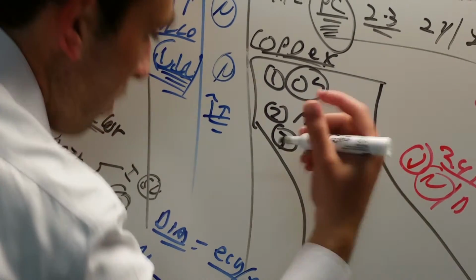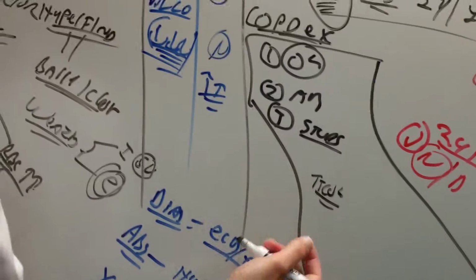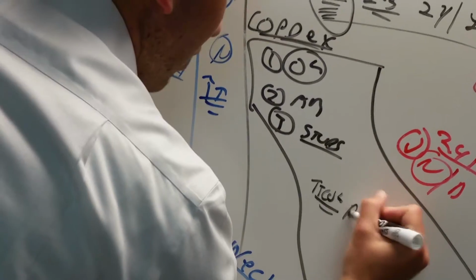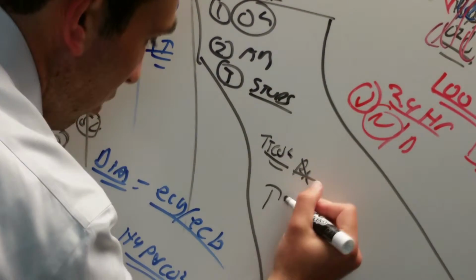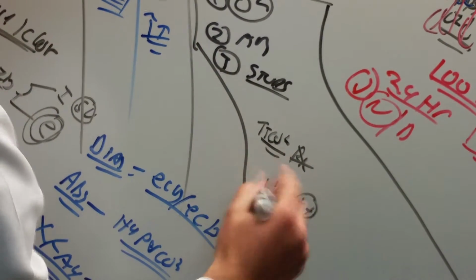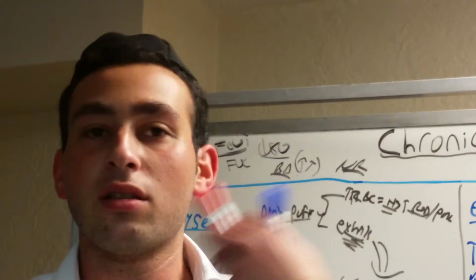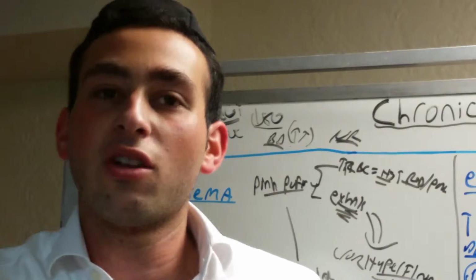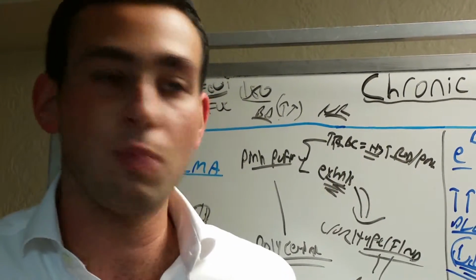You see, what happens is, because they have chronic levels of carbon dioxide, the centers which normally sense carbon dioxide eventually get desensitized and shut off. So the only thing really stimulating the breathing is going to be the low levels of oxygen within their body. Now, if you give them too much oxygen, what's going to happen is, because it's the hypoxia which is causing their diaphragm to contract every couple of times a minute, if you increase the oxygen too much,